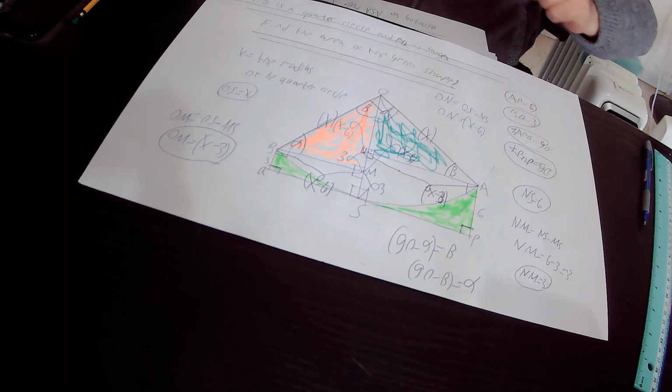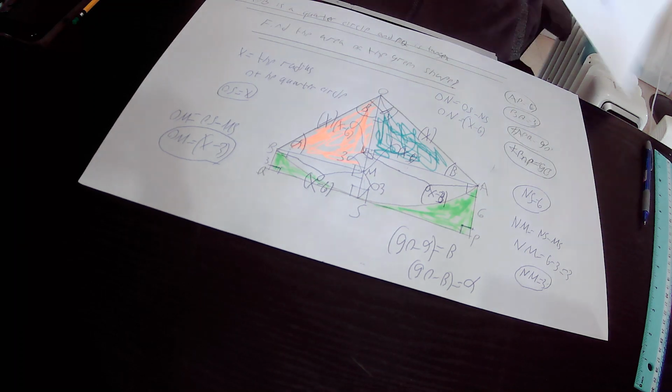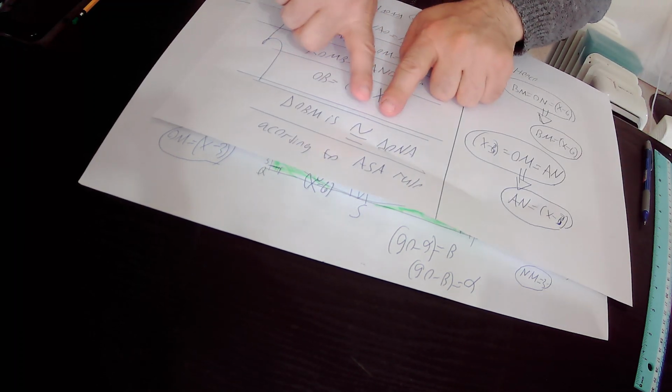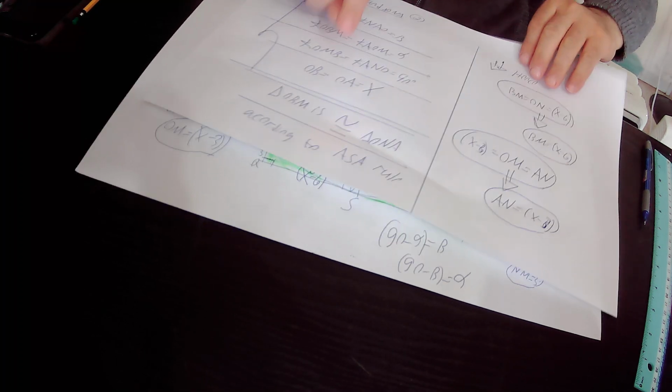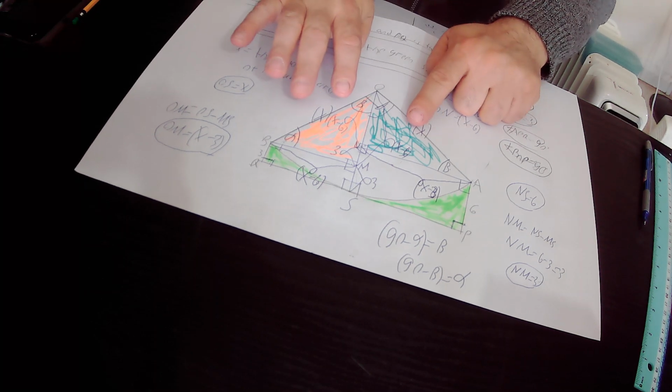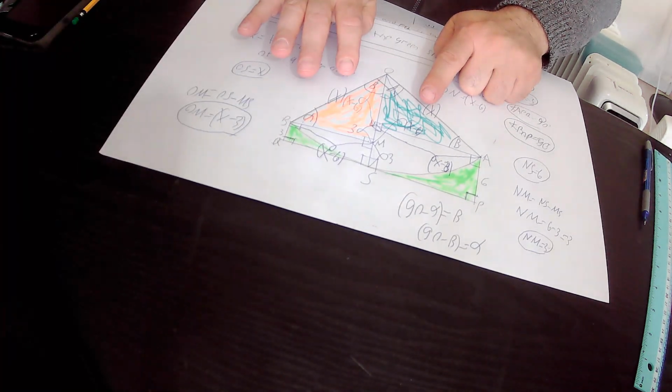And from the fact that the orange triangle OMB is congruent to the blue triangle ONA according to angle side angle rule, and that those two right triangles can go into each other, we will derive